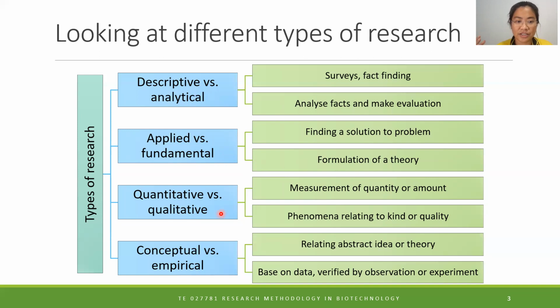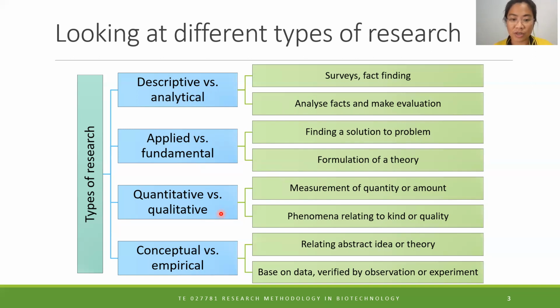Another type of research is quantitative or qualitative research. Okay. Quantitative is the amount. Quantitative คือเชิงปริมาณนะคะ For qualitative it's the quality, so it's เชิงคุณภาพ. So